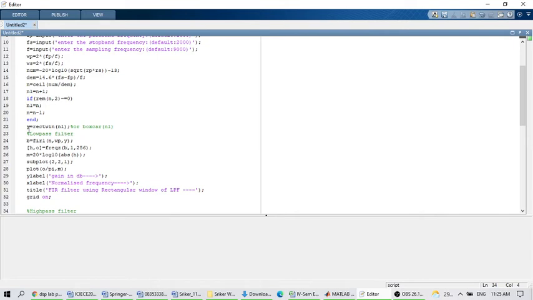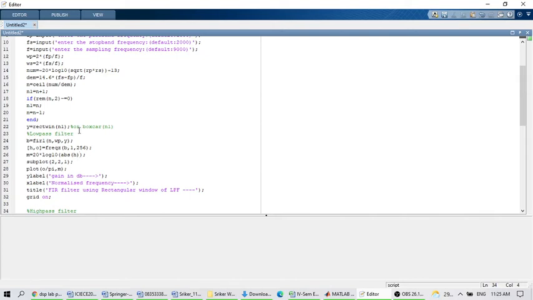And it is giving one output parameter, that is nothing but the numerator coefficient of the transfer function, b. Then after calculating the transfer function coefficients, next you have to plot the frequency response. In order to plot the frequency response of the receiver filter, what is the built-in command? FREQZ. So FREQZ of numerator coefficients. What are the numerator coefficients here?